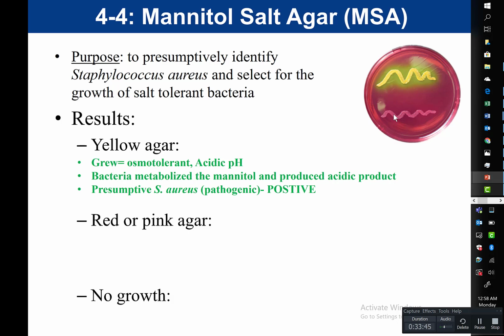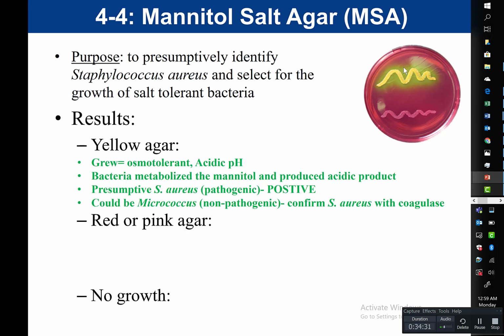Remember that Staph aureus is pathogenic. And so in our MSA test, that would be considered our positive. So this is positive on MSA. That is presumptive identification for Staph aureus. It is not confirmatory. It's not 100%, but it has about a 95% confidence. It could be a type of bacteria called Micrococcus. Micrococcus is another skin type bacteria. It's found on the skin. It's non-pathogenic though. And so to confirm that in fact it is Staph aureus, we do a confirmatory test.